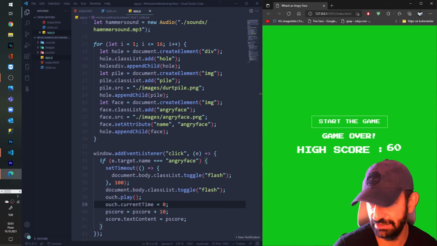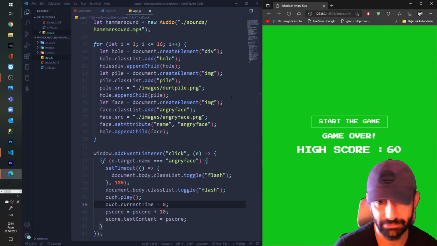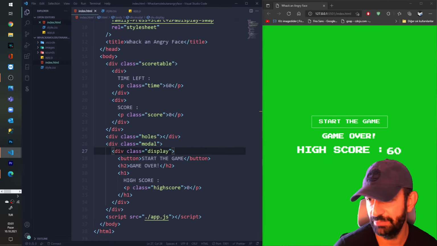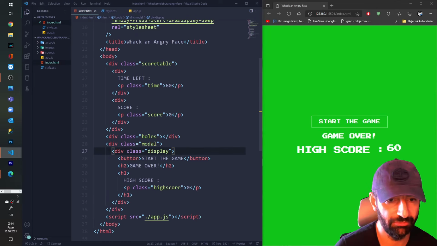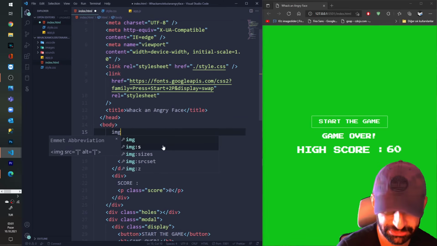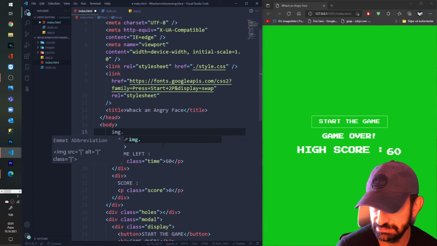Okay, let's move on. We've done also with my anger face and everything. Now I want to put the final move, I'm gonna put my hammer. So go inside my index, and above all of this, put my image dot hammer.